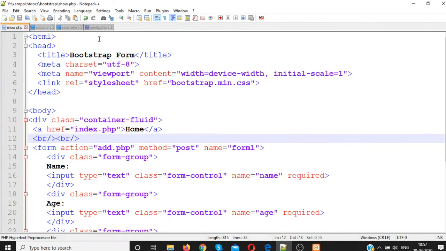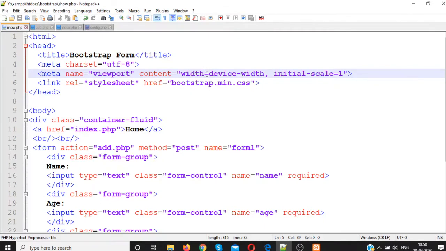So first is the show page. The program is the same, just focus here. We have just added simple HTML Bootstrap code. First, this sort of meta tag, I have already explained this, but I will shortly explain here. Viewport means the visible area or visible content on a screen. Your website might have multiple pages, more content than you can view on a screen, and that is what a viewport is. And then content device width means what?